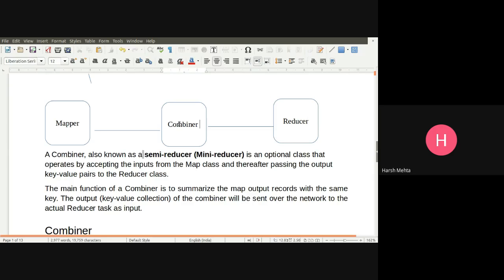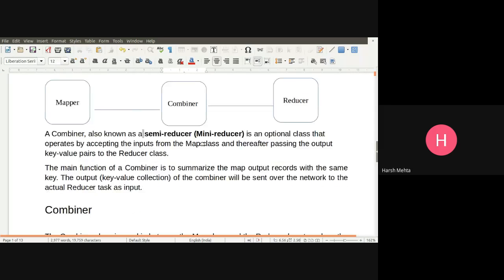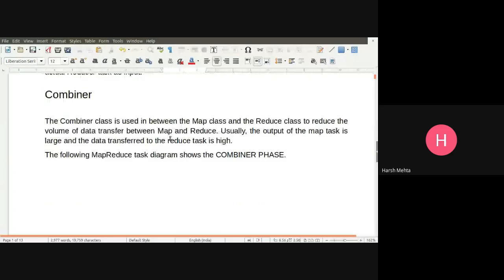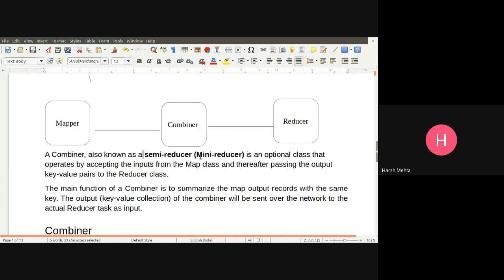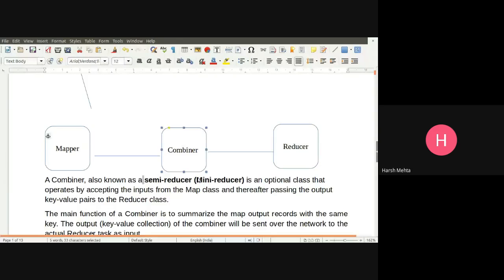It will process some input from the mapper, and it will reduce the network traffic. How does it do that? Let's see here. It is used between the map class and reduce class to reduce the volume of data transferred between map and reduce. So if you want to reduce the volume of data, we can use the combiner.